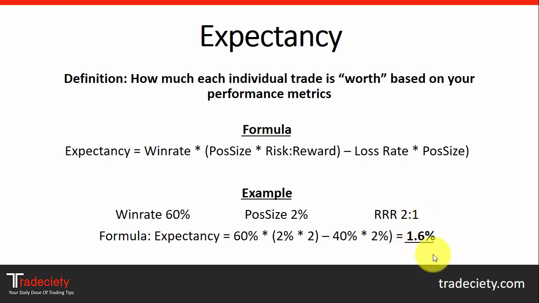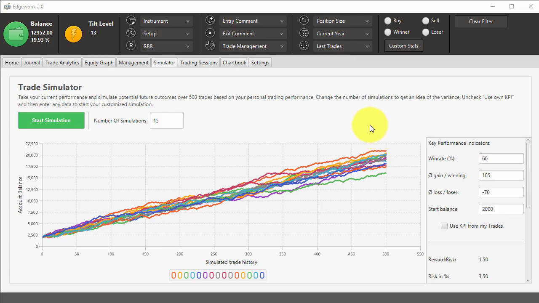So this is something to be aware of. Don't let the expectancy be too low, and especially if your position size is very high as well, then this will create major account fluctuations in your account. So let's be a bit more practical and explore a few different scenarios with this Edgewonk account simulator and the